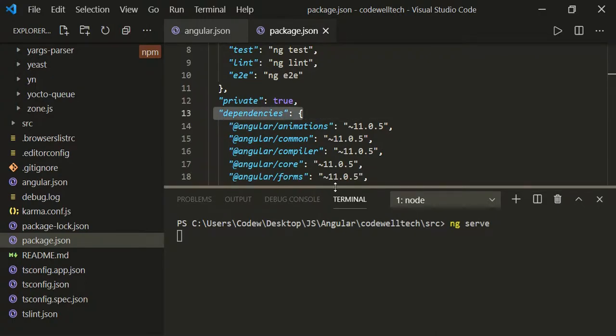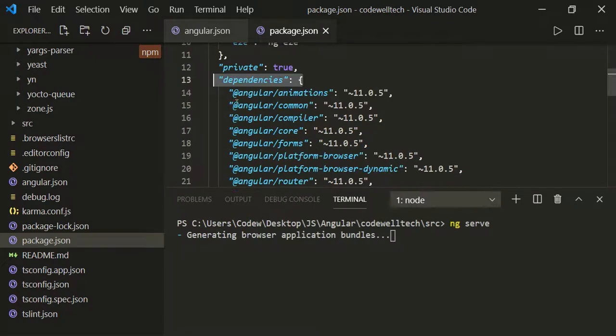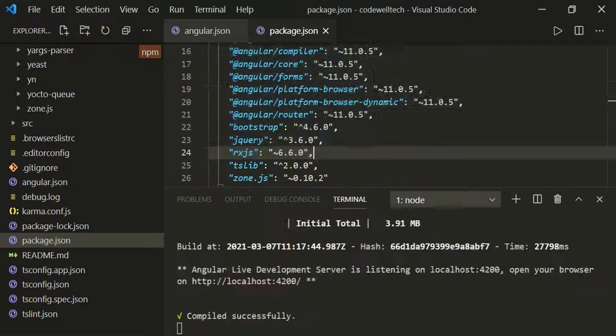So this helps whenever you share the code with anybody. Normally people don't share the node_modules because of its size. So whenever you use npm install, it will look into the dependencies and install all the dependency packages. Now it is compiled successfully, and let's go and run it.